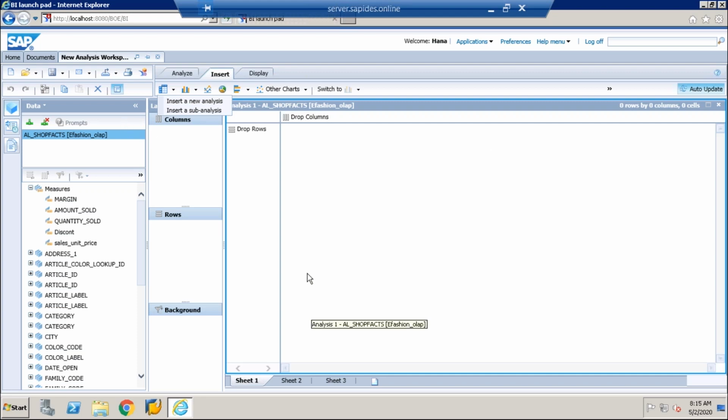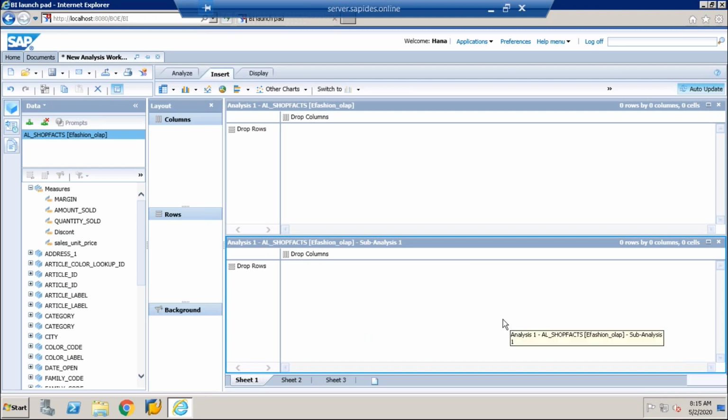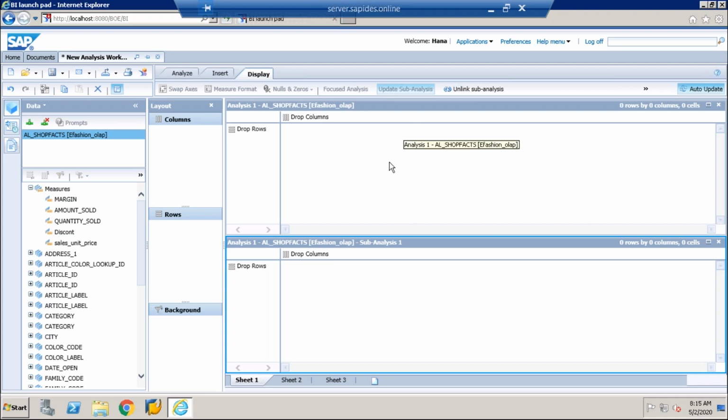In this, I'm inserting a sub. So sub in the sense that I get a sub area. This is a sub area. If you want to update this sub area under the main area, this is the entire main area, and you want to update only this part, we can do this one. Otherwise, if you want to refresh everything entirely, then choose auto refresh here. It will refresh all the areas, these are main and sub.